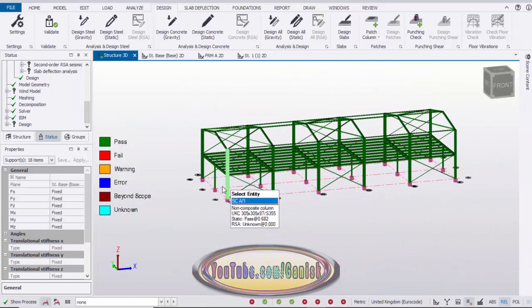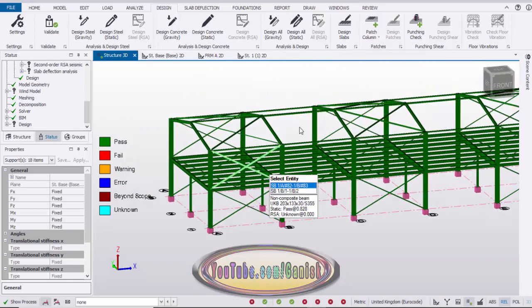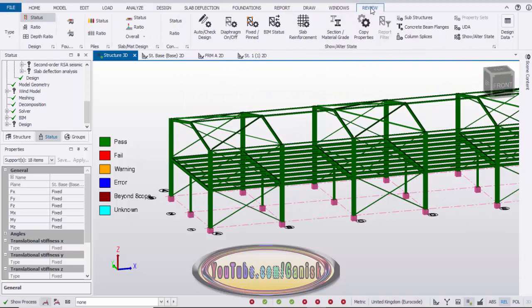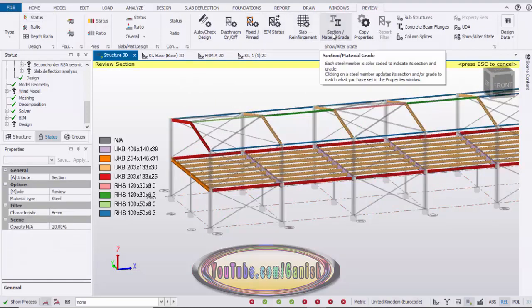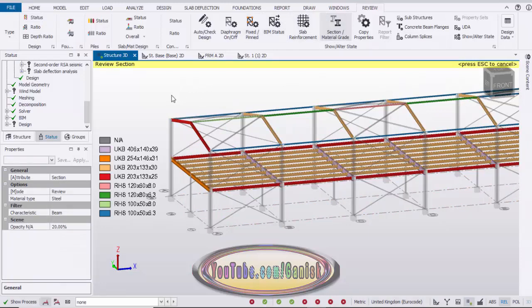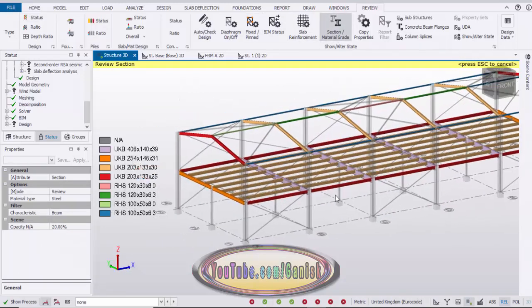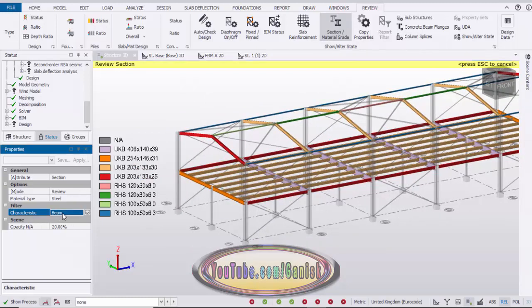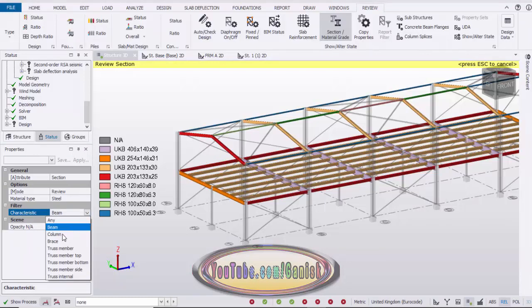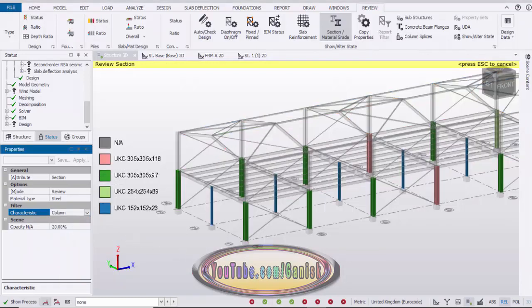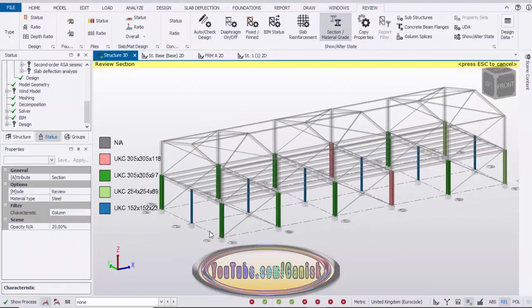Okay, now we're going to check the member sizes. So click on here review and click on here sectional materials. Currently we have the beam information here. Now we're going to check the column information. So under filter, click on here and select the column. These are the column information data,